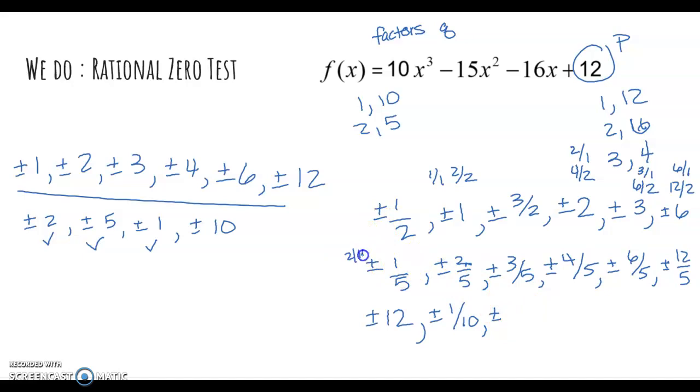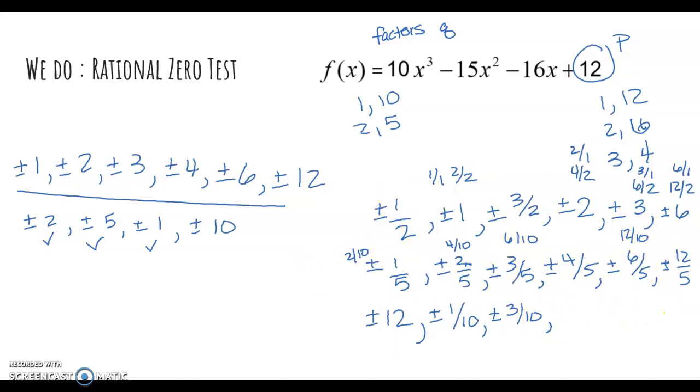So I'll just write that here. Plus or minus 3 over 10. Plus or minus 4 over 10, which is 2/5. Plus or minus 6 over 10, which is 3/5. Plus or minus 12 over 10, which is 6/5. So those are all of our possible zeros,